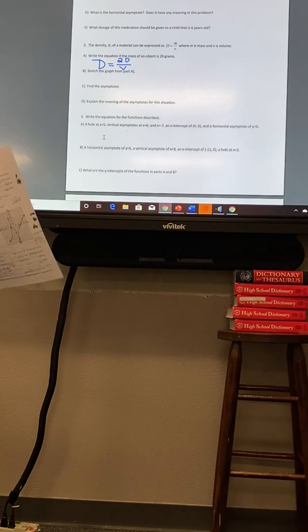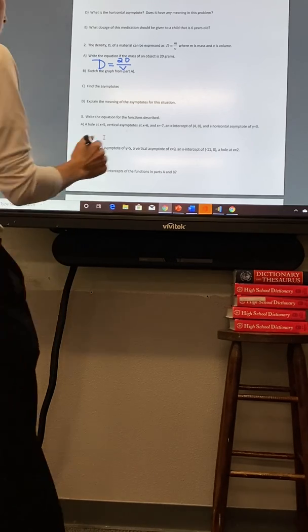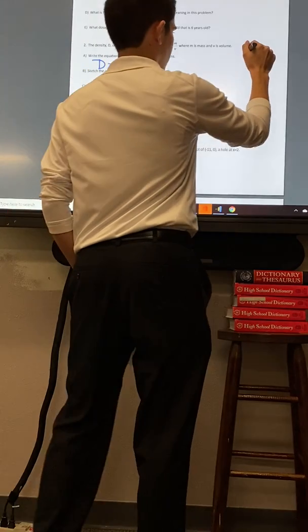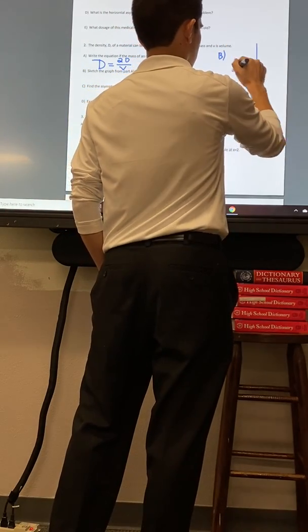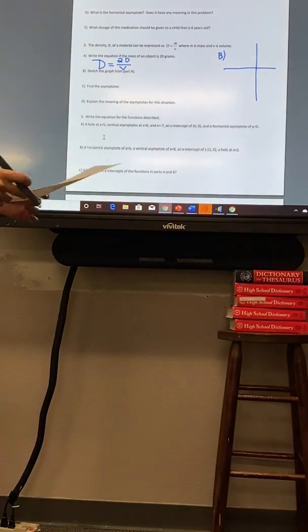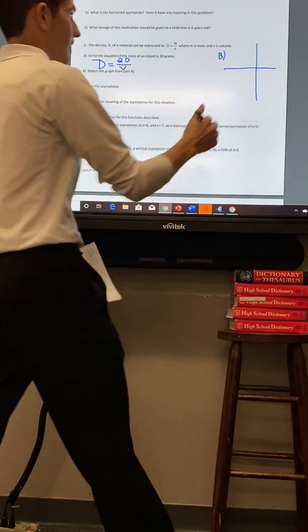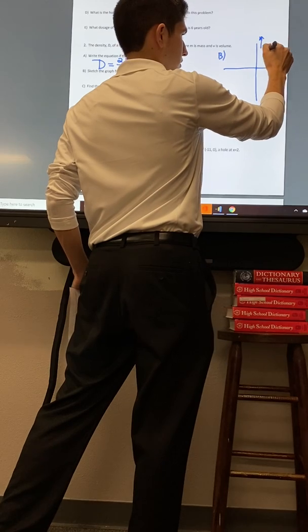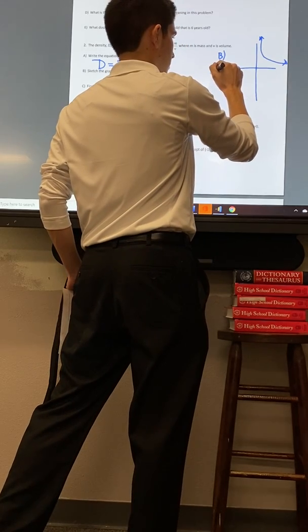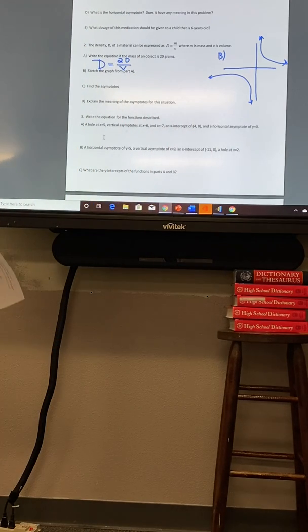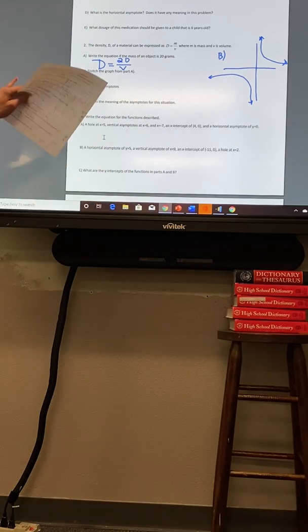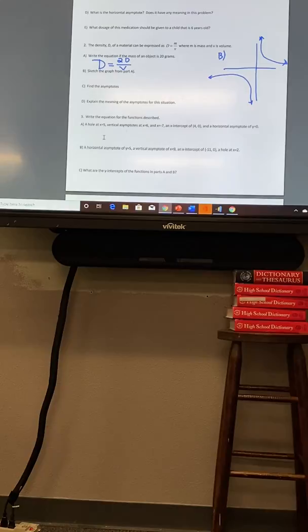So if we sketch the graph from part A, let's scratch it over here. If we graph this, we're going to end up with something that looks kind of like this. Okay, so we graphed it. So now we want to find our asymptotes. So in this equation,